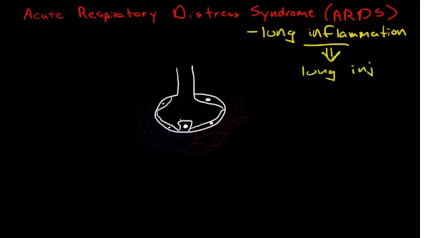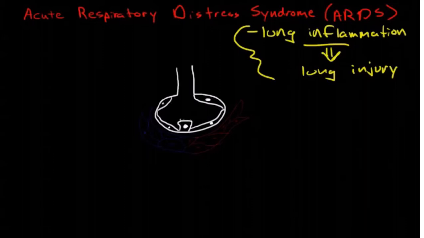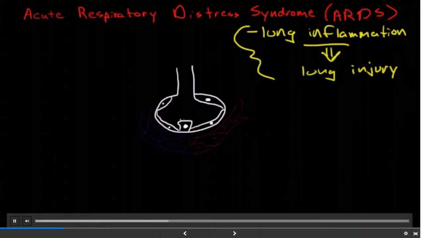Now, there are a number of different things. The lungs are very prone to injury for a number of reasons, and I'm going to get at that as we talk through this video. Now, the lung inflammation